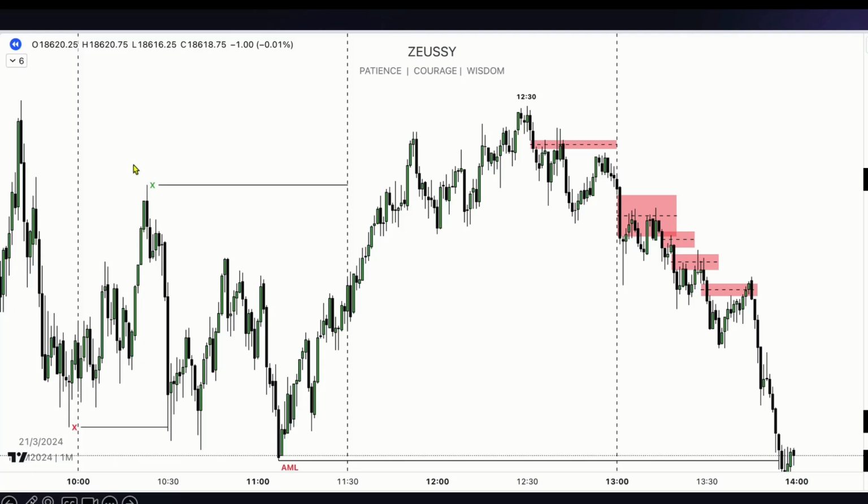The market distributes aggressively lower, it manipulates lower below the low that formed prior to 10 a.m., to the previous cycle's low, because we know that 8:30 to 10 is a 90-minute time window or 90-minute cycle. Market trades below that old low multiple times, and then between 11 to 11:30 the market finally forms the real low here and it begins to expand higher. What we then see is that from 12:30 on, a sell program begins.